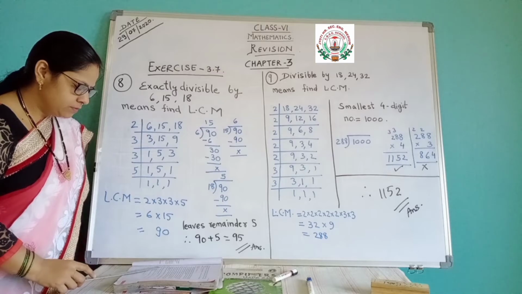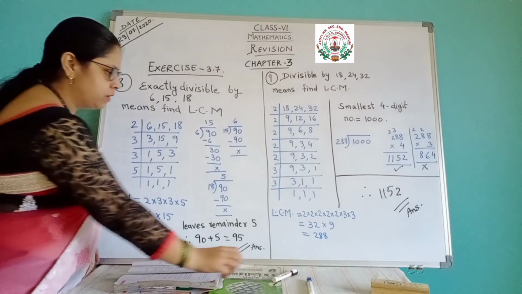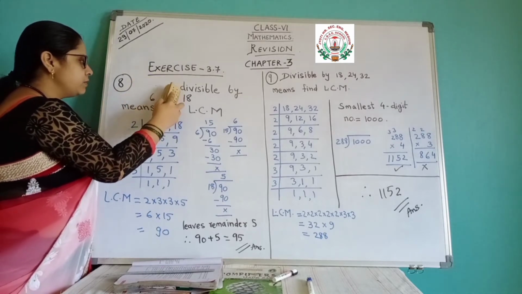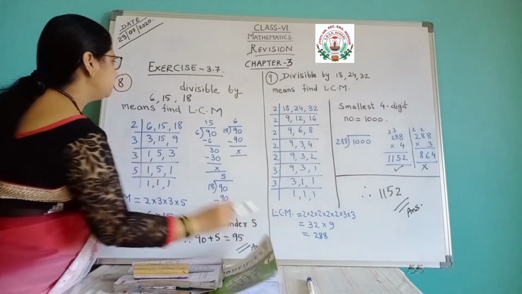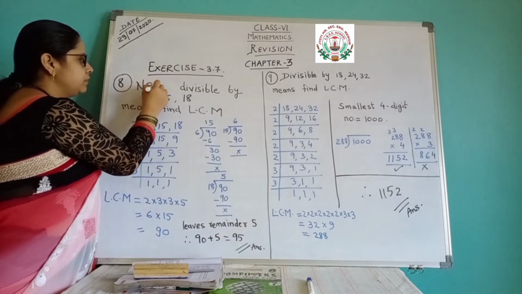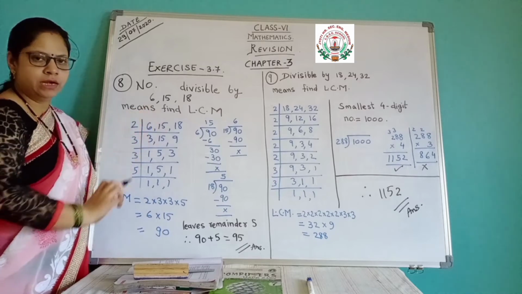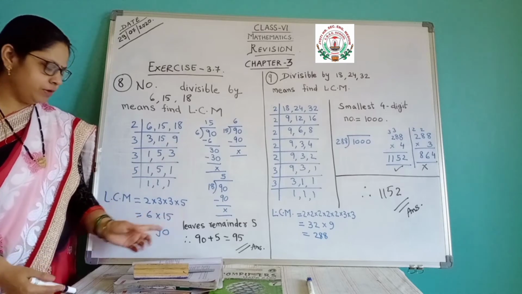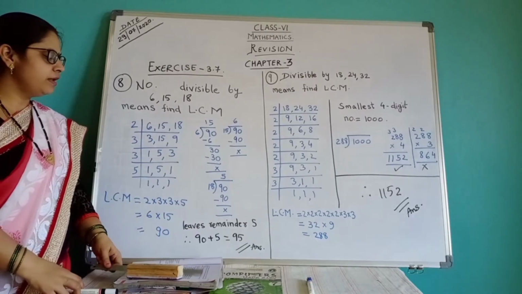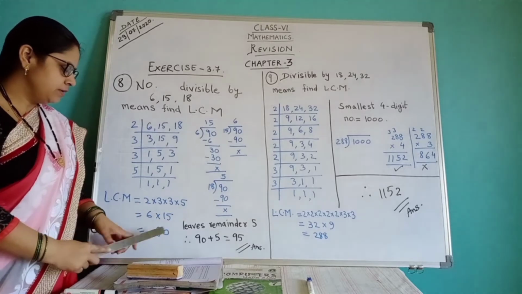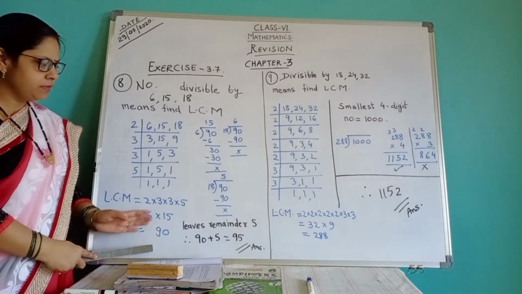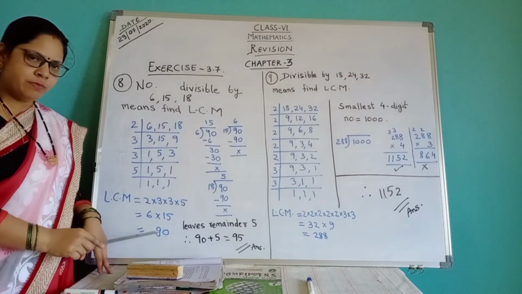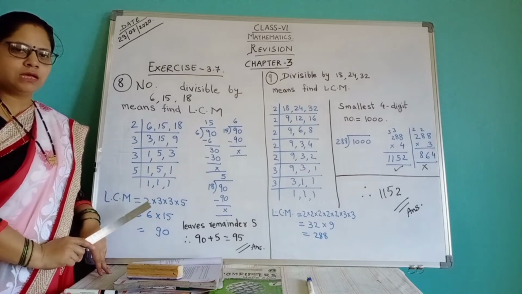Here exactly you will not write down the number which is divisible by all the three. To find the number which is divisible by all these three, we find the LCM. After finding this, we got 90 plus 5, total 95. So here you got 95 as the answer. Why? Because 90 is the LCM which is completely divisible, and it should leave the remainder 5, which means 5 will be added to that, so 95 is the answer there.